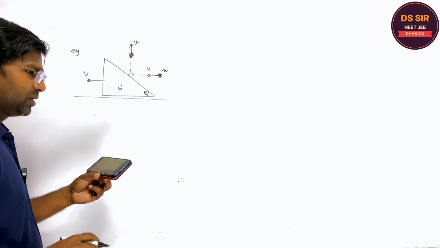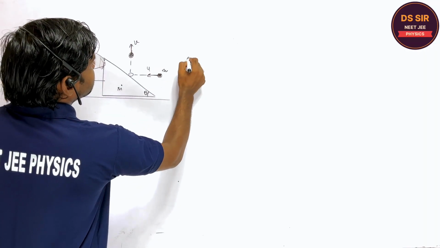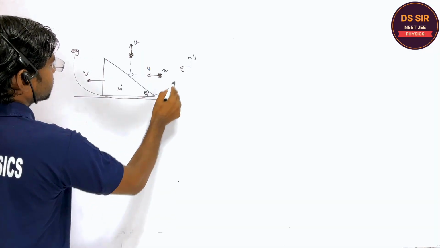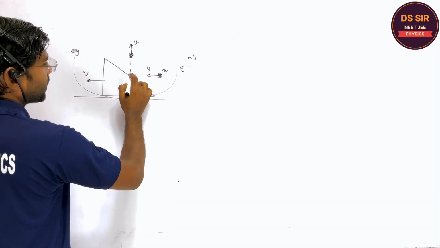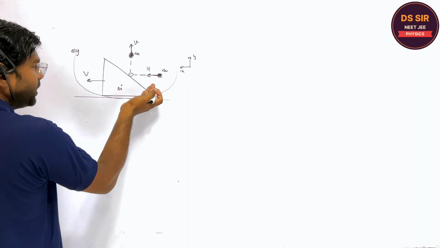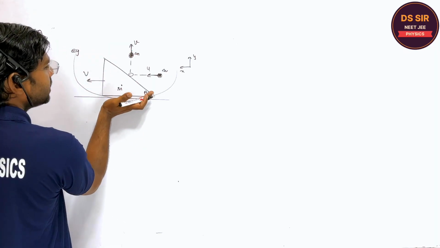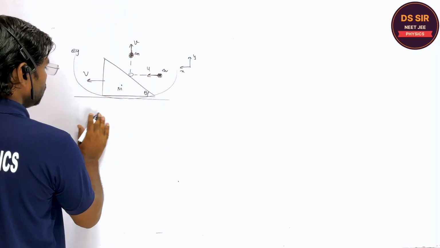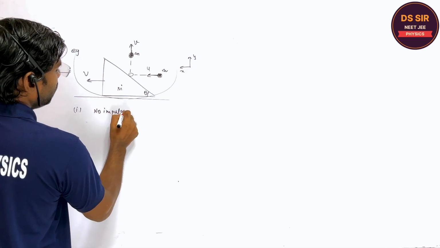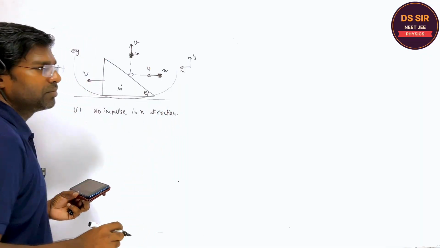Are you getting or not? So that is the thing. If you consider this the x-axis and the y-axis, before collision, suppose you consider this as the system. When the impulse is applied over here, the momentum of the ball changes, and the wedge also starts moving in this way. If you consider the system as a whole, there is impulse only in the y direction. No impulse is applied in the x direction. Therefore we can conserve the momentum in the